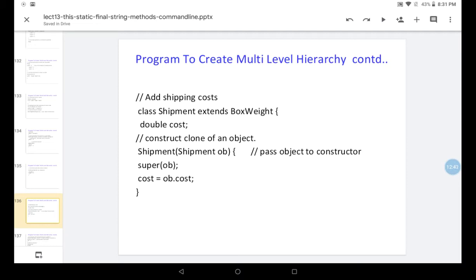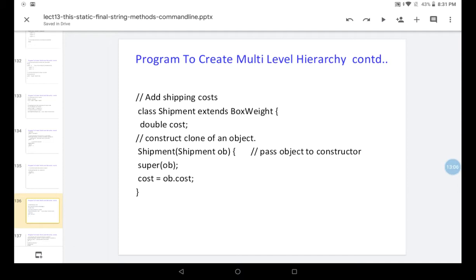Shipment is the subclass of BoxWeight. Here we have another instance variable, cost. Same as previously, we are also constructing a clone of an object, so for that we are passing a Shipment object to the constructor Shipment.